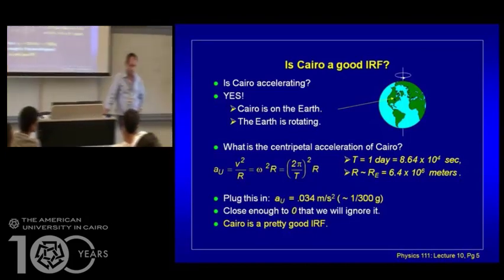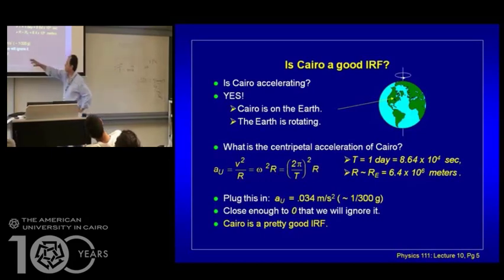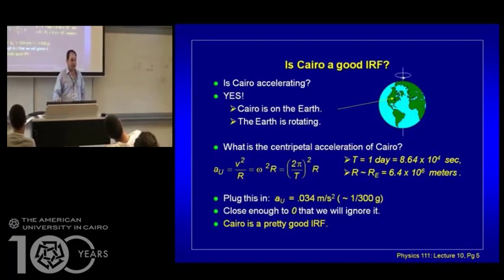So it could be a good frame of reference if we're on Earth, but if we're outside Earth, no. If you are in a reference frame that moves with an acceleration, you cannot consider that reference to be an inertial reference frame. By definition, an inertial reference frame is a frame that does not move at all or moves with a constant speed. But if its acceleration is not significant, then we can consider Earth to be an inertial reference frame.